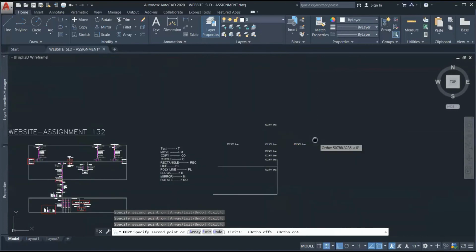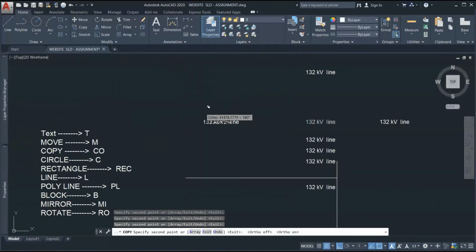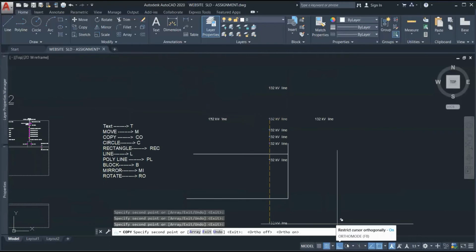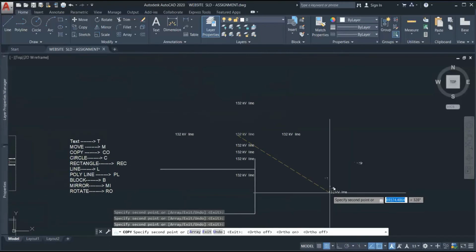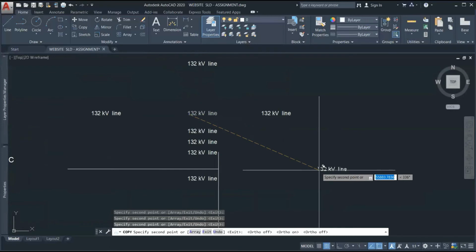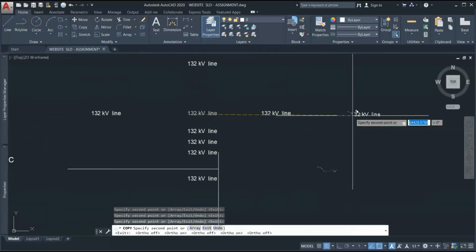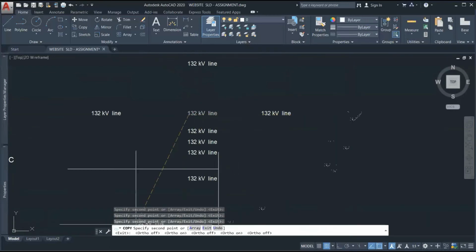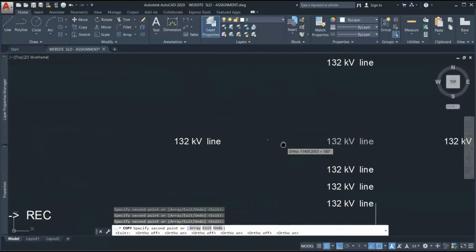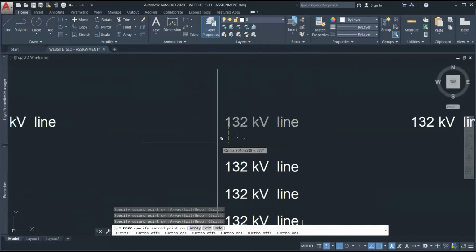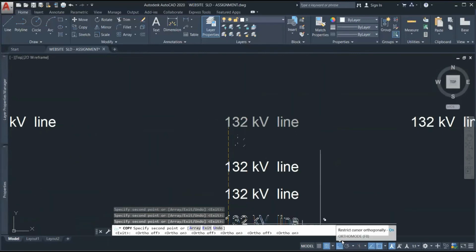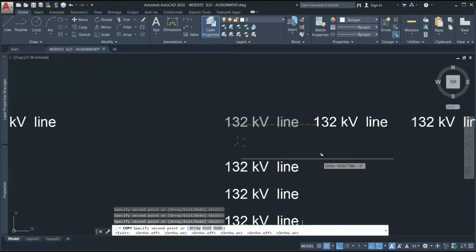This is the restricted direction. This is restricting my direction. If I turn this off, or by just simply pressing the F8 button, it will turn on and off, right? The command line is showing that I am turning on the ortho command, right? So this is how we get precision by pressing F8 or just by pressing this toggle button. You can restrict your cursor at 90° direction. So this is the ortho command, right?